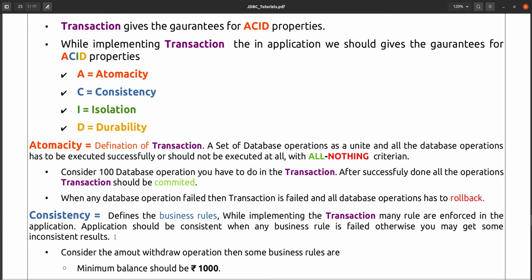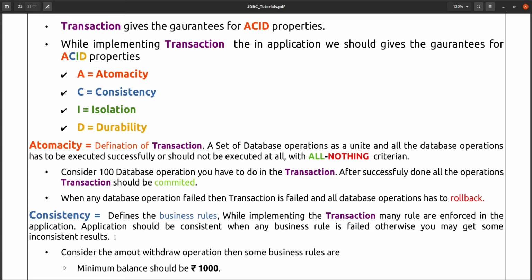What does it mean? Suppose you have to transfer some money from your account to your friend's account. That is a business rule. If your bank balance is 50,000 and you are transferring 5,000 rupees to your friend's account, and in your friend's account you can say 60,000 bank balance is there.